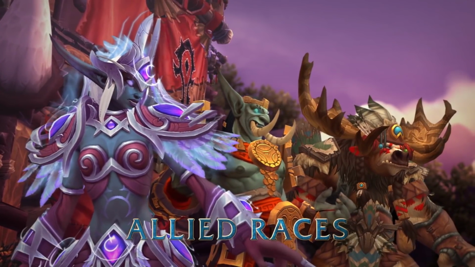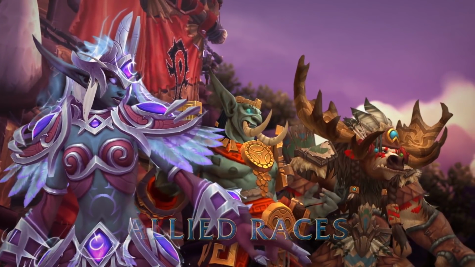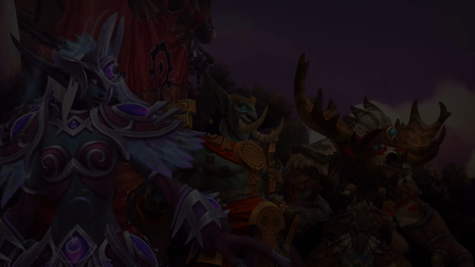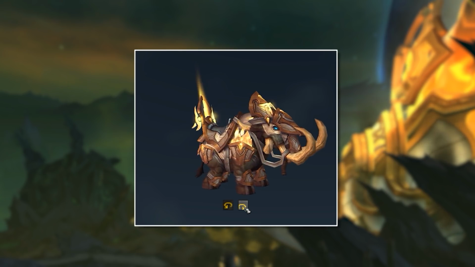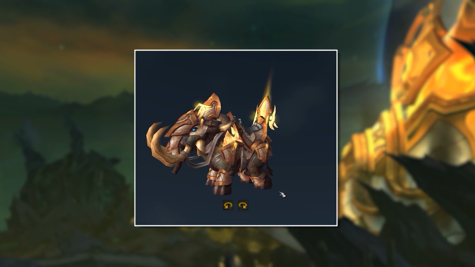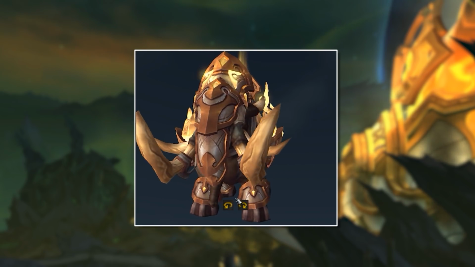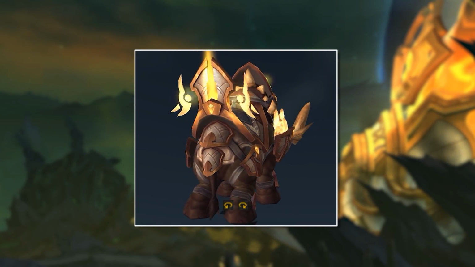Okay, let's talk about the allied races now. Questlines for them have been data mined. I don't want to do spoilers in this video, so we're going to skip over that. Let's first do the mounts. So the Lightforged Draenei get themselves a new Elekk mount that's themed after the Army of the Light. And you know, it's nice enough. It's an Elekk. We've seen plenty of them, so let's just move on to the Void Elves, who probably come